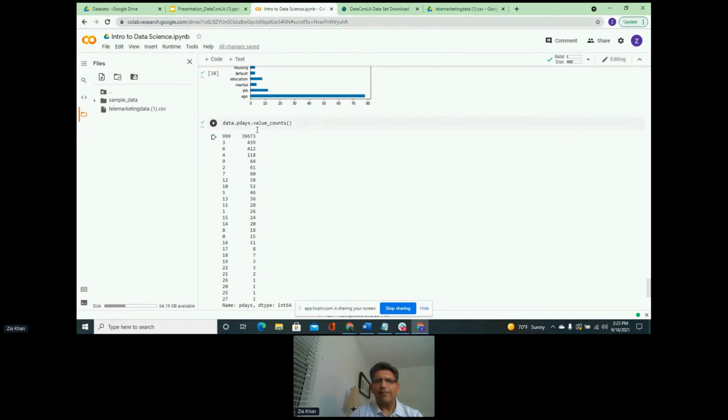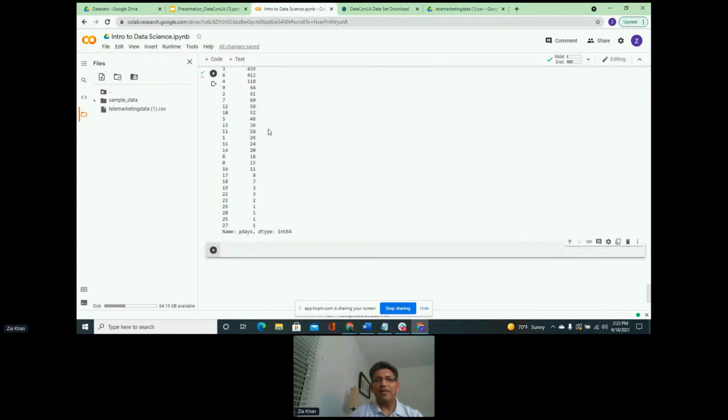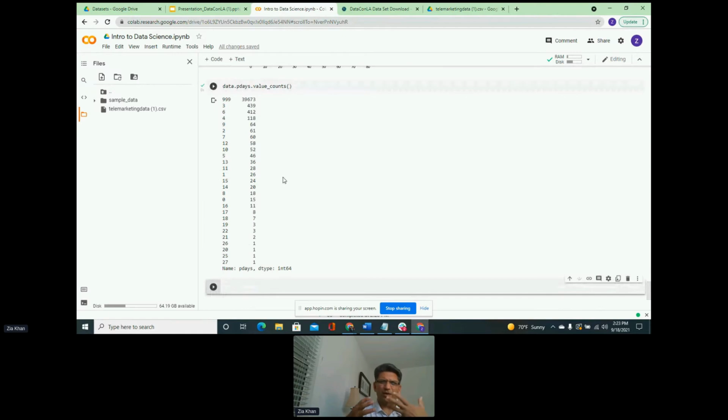So what I want to do is take this and build a graph based on this as well, just to analyze and see how these stack up against each other. So I'm going to do pdays.value_counts, and with value_counts, I will try and see if I can plot this.